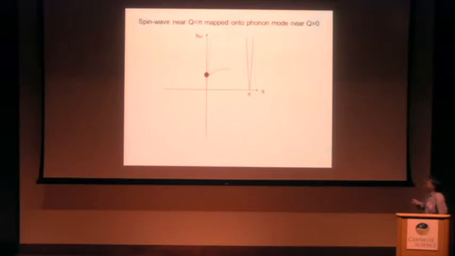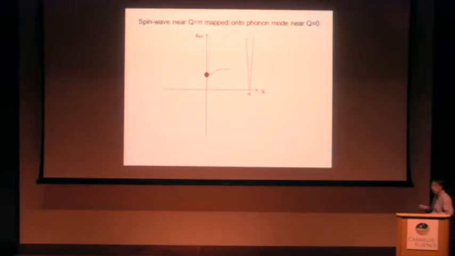But it's hard to imagine how this magnetic excitation near Q equals pi can be mapped to a mode near Q equals 0 and interact directly with the phonon mode here. So what we think about this is, if we think about the magnetic order, here is actually the magnetic Bragg peak based on this cycloid order, and the polar order here, they are actually connected, associated with each other based on